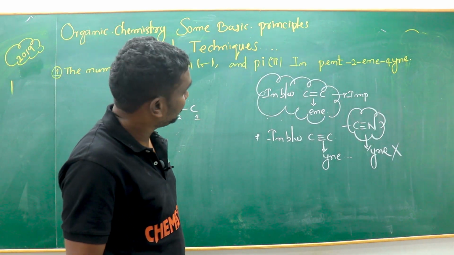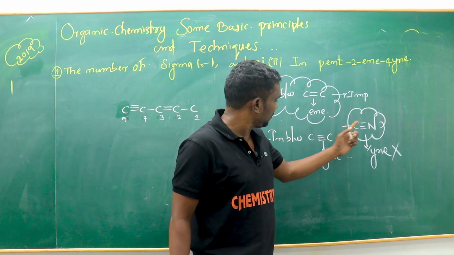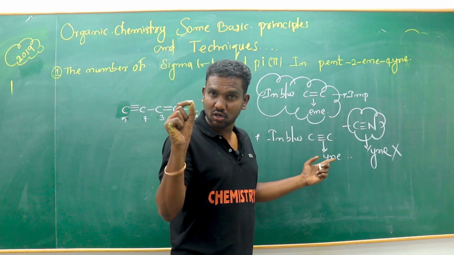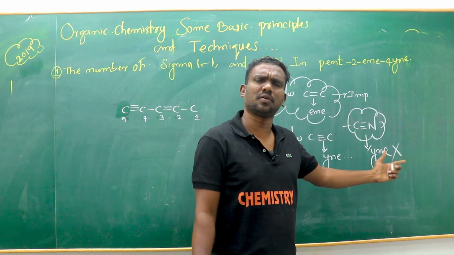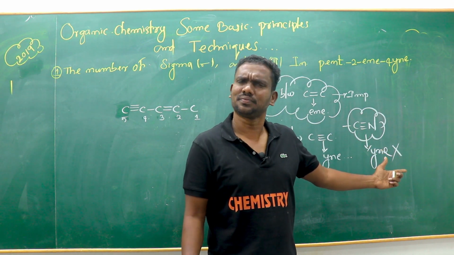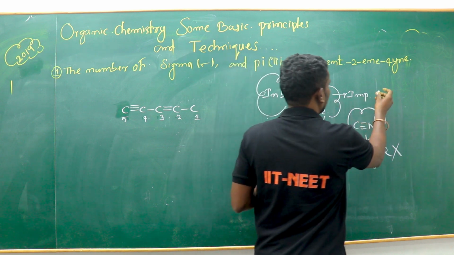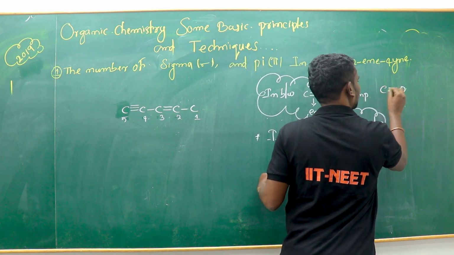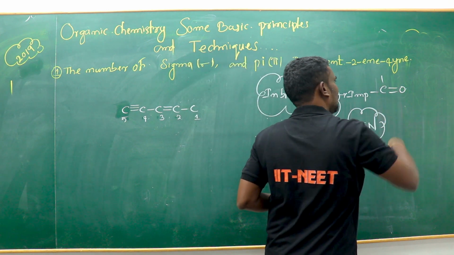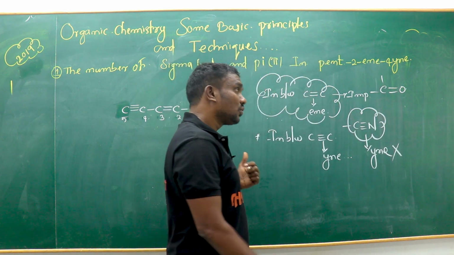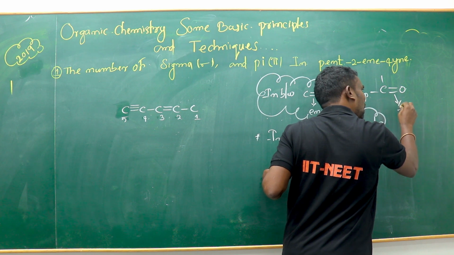In between carbon and carbon belongs to yne. If it is between carbon and nitrogen or any other atom, it does not belong to yne. Suppose we take C double bond O, with 4 bonds, sir, C double bond O,